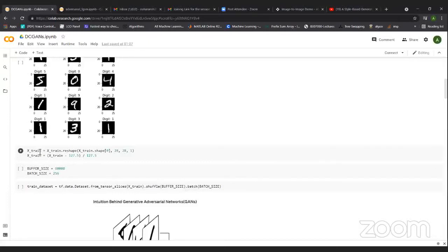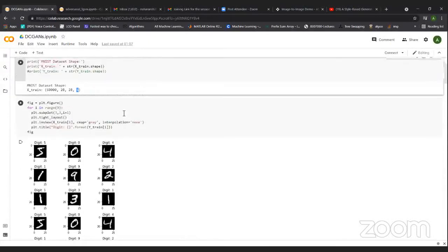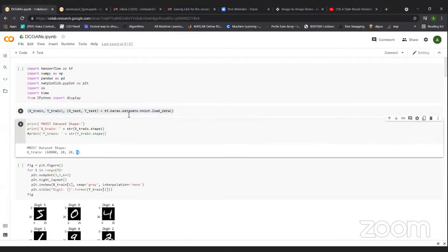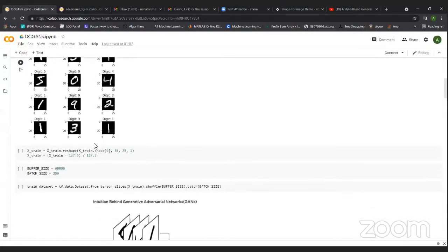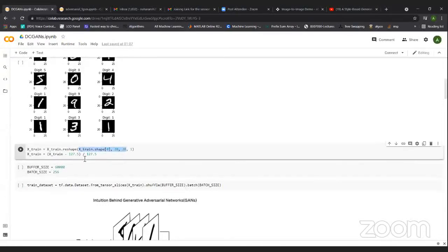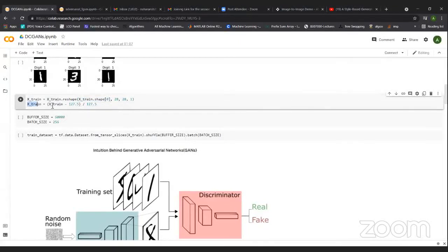Since this data is loaded from the Keras MNIST data set, it is already in the form of a tensor, but sometimes it is not, and for giving it to a CNN you have to reshape the data into the form of a tensor. So this is how we are going to do it, and this is the method to normalize the images. We are normalizing to a -1 to 1 range. You can also use Xtrain divided by 255 to normalize it to 0 and 1. This is the basic image processing we do for a CNN.